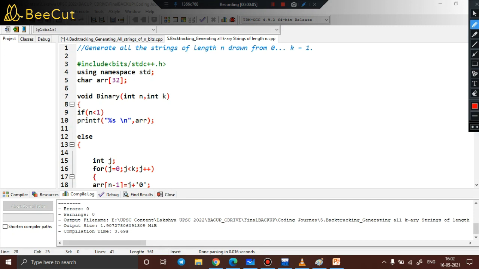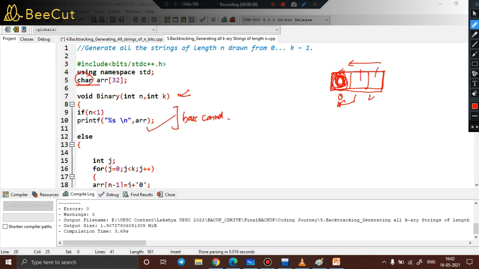What we need to do is basically, as I said, we are declaring an array of size 32, a character array. The binary function is defined. This is the base condition, right? We know what the terminating condition will be. We are moving from right to left, and once you reach this particular bit, once this value is less than 1, you will find that I have finished filling all the bit positions. So you can then print the value of the array. Whatever is stored in the array, you can completely print all the bits. Fine. So the terminating condition remains the same as the one discussed in the previous video.